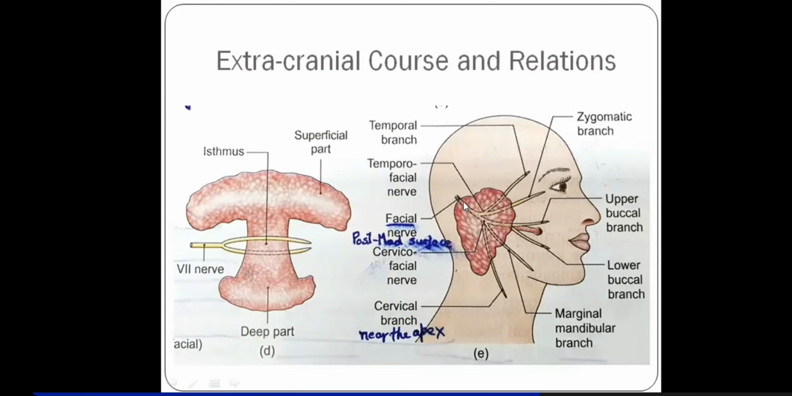So here you find the facial nerve, the two divisions. Then from this temporofacial division, two branches will arise, the temporal branch and the zygomatic branch. Then from the cervicofacial division, there will be three branches: the buccal branch, which will split into upper and lower buccal, both running above and below the parotid duct. And then you have the marginal mandibular branch, and you have the cervical branch. So a little bit of correction you can make in this diagram, that the cervical branch emerges at the apex of the